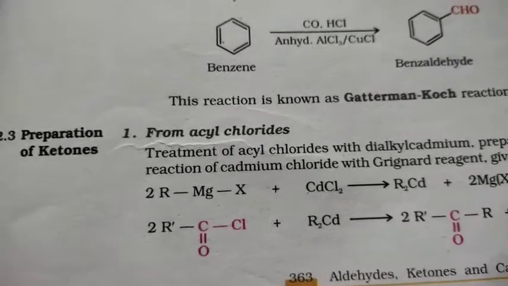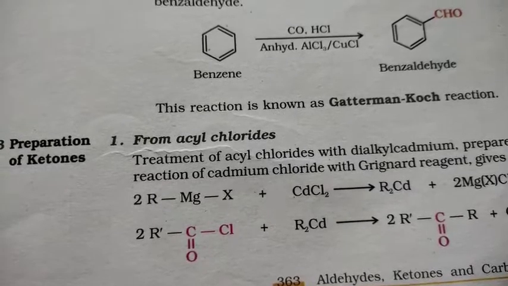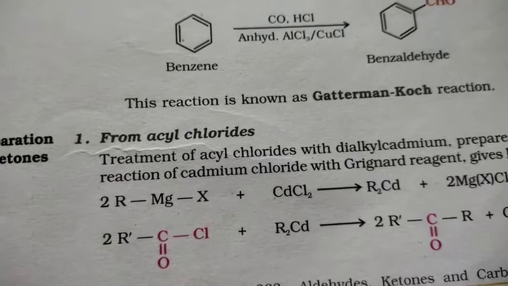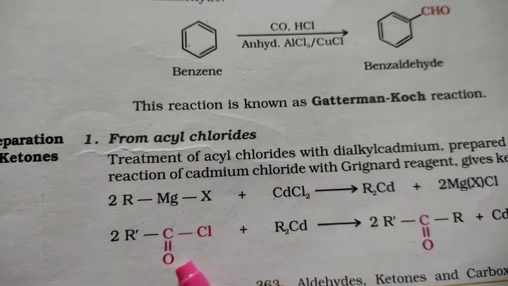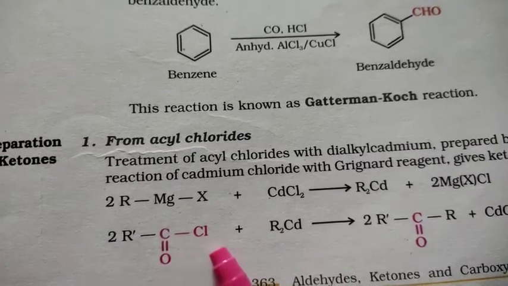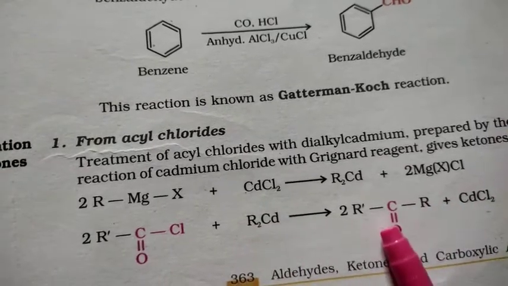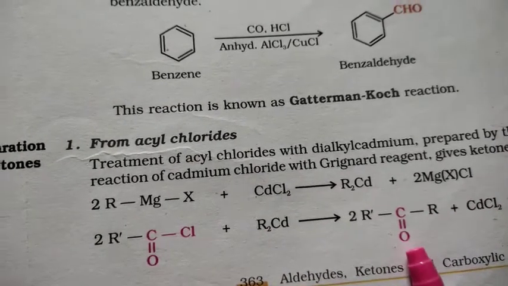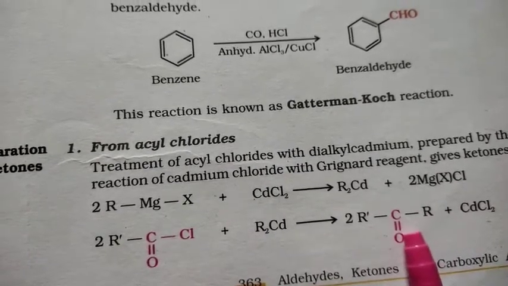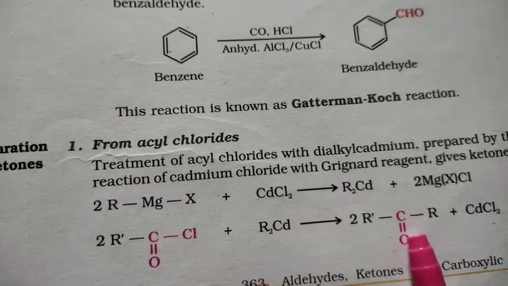Today we are going to discuss the preparation of ketones, and preparation of ketones is possible in three ways according to this context. The first one is from the acyl chlorides. When acyl chloride, which already has a C double bond O in it, is treated with dialkyl cadmium, this in turn gives us the respective ketones. You see here there will be two alkyl chains now, so this is the difference here. The carbon number will increase in the product side.